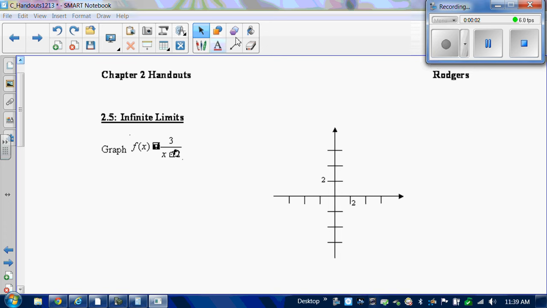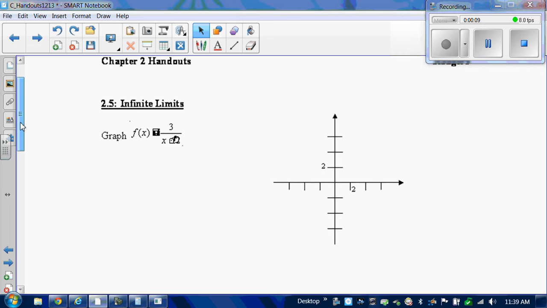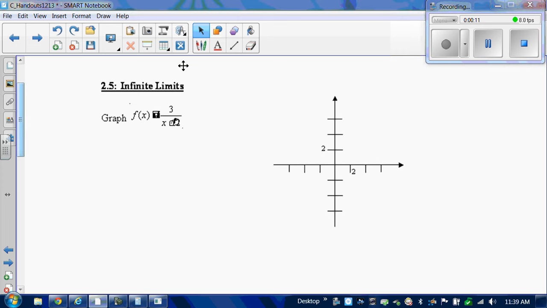Okie dokie. Hi guys, this is going to be a bit of an experiment, but today we're going to do 2.5 infinite limits. Alright, first of all, bear with me because I'm writing with a mouse, but this says graph